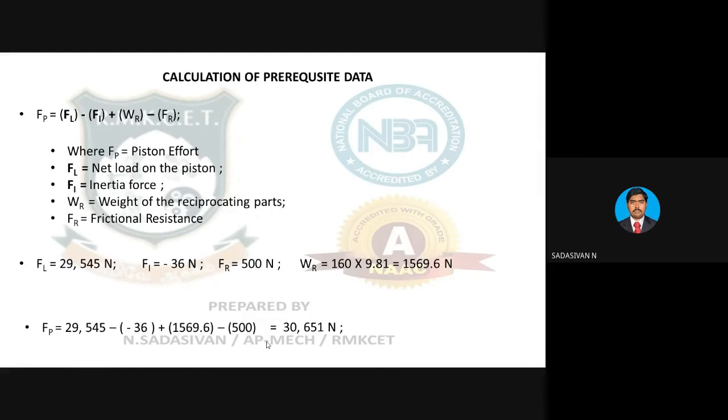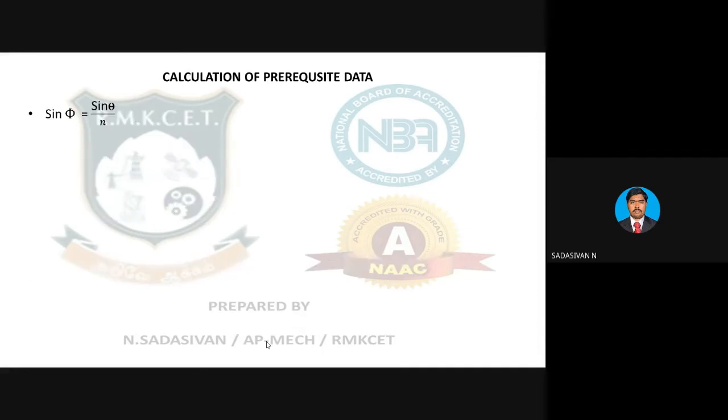You are going to find out turning moment on the crankshaft when theta is 75. That is the question. So what is the formula of turning moment? If you look into the formula of turning moment, you will understand why finding FP is required to find the torque. Next, sin phi equal to sin theta by n, to find the value of phi, connecting rod inclination. So sin 75 by 3.33, 0.29. Do a sin inverse, you will get the value of phi. Sin inverse of 0.29, which is 16.86 degree.